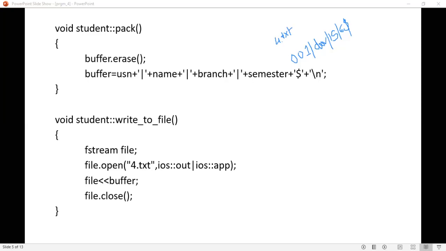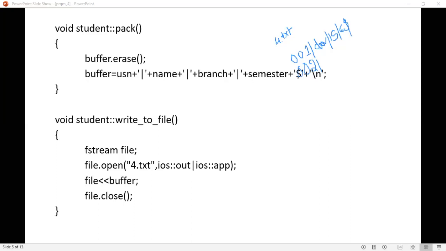Okay. Now you have entered two data. You are going to enter two data, right? So you need one more data. Enter the next USN, that is 002. After reading the data, you have to pack it.